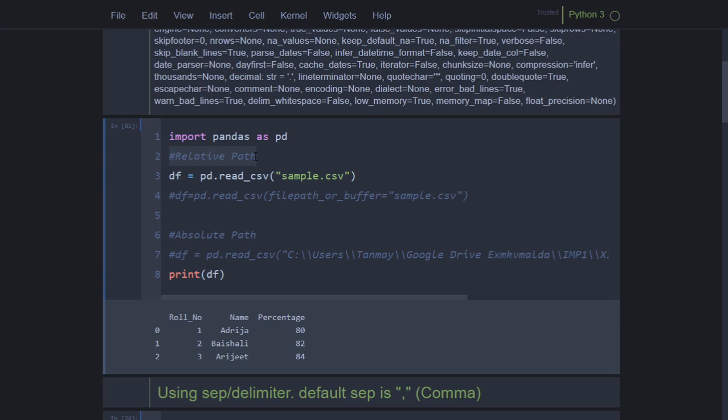If my CSV file is not in that folder, and I want to access that file, how can I access it? Using an absolute path. So let us see what an absolute path is. Absolute path means full path. So I am giving the full path. You can see